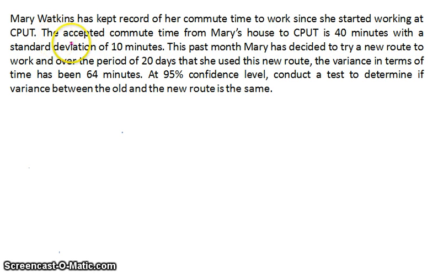So if we analyze that sentence, the accepted commute time, we realize that it speaks to us about the population data. Accepted means that this is known data. And it also means that it is the data that will be in our null hypothesis and our alternate hypothesis. Also knowing that it's a hypothesis test, we expect that we will also